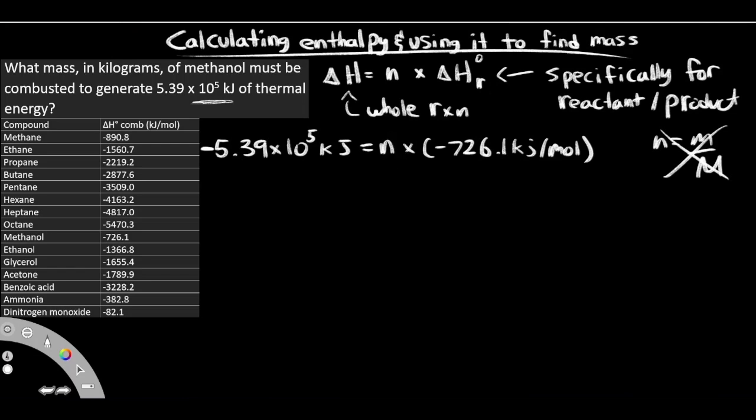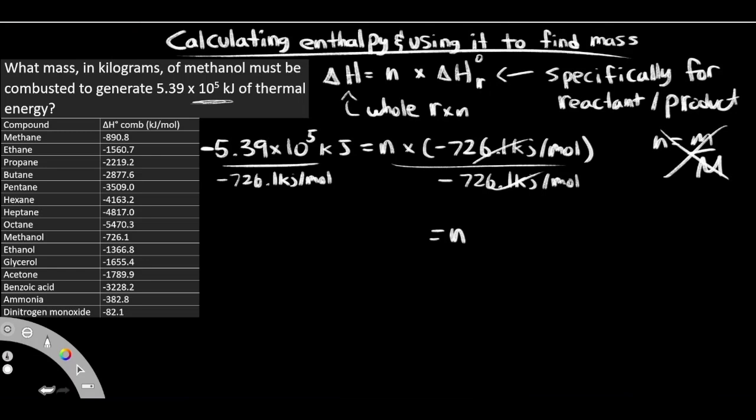Well, right now, it's multiplying this value. How am I going to get rid of this so that the moles is alone? The opposite of multiply is divide, so I'm just going to divide by that same value. That way they can cancel out. But if you do it on the right side of the equal sign, you need to do it on the left side of the equal sign. So I'm going to do that here. That's it. So now I end up getting my amount of moles is equal to this negative 5.39 times 10 to the 5 kilojoules